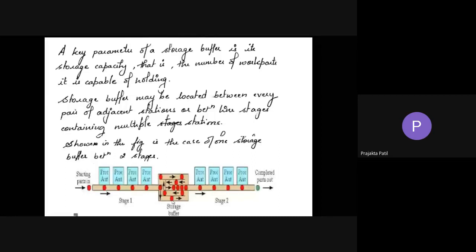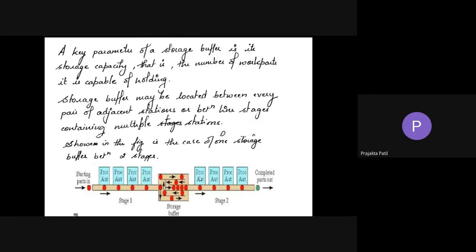Now suppose instead of this workstation, workstation number 5 goes into a breakdown. If this is broken down, the workstations ahead of it will not get the parts to process, because the work parts have to follow a sequence, right? They have to go to this workstation, get processed, then proceed to the next. But as this has broken down, these will not function, but these will not get affected. Stage 1 will not get affected. What can stage 1 do? It can go on producing, and the parts temporarily get stored in the buffer storage here.